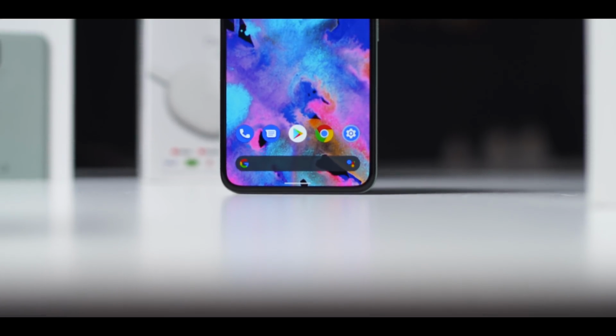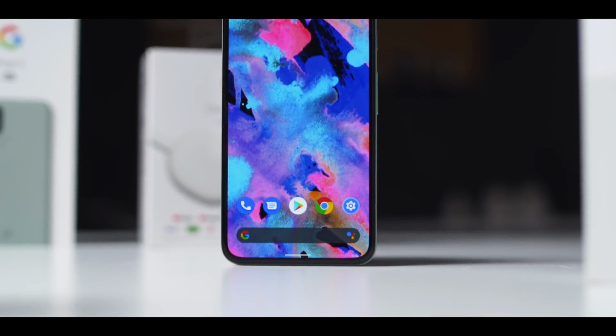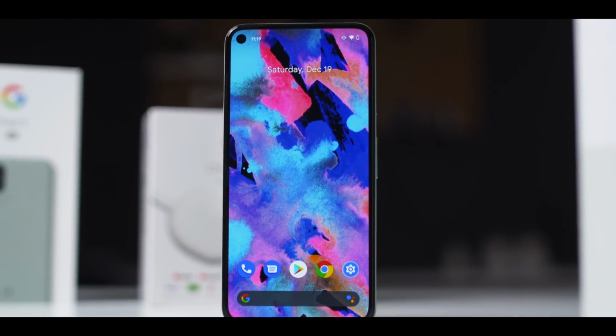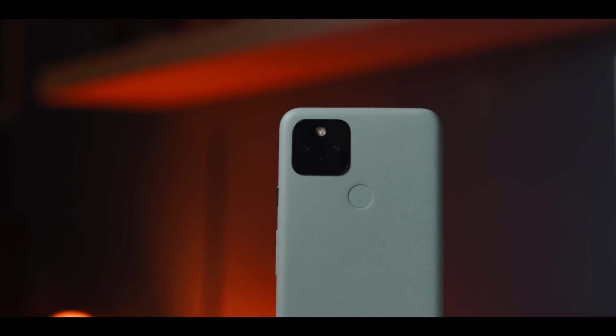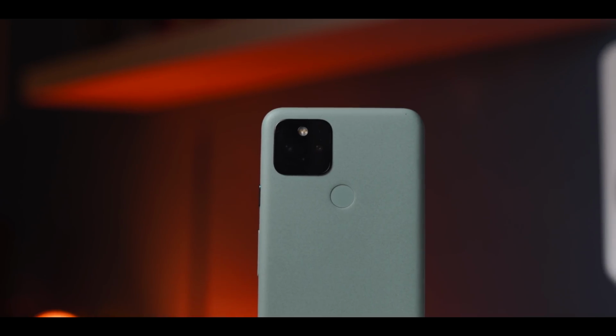For the remainder of the video, I feel the need to focus on the camera, since this is Pixel's best feature and what they focus on the most. The Pixel is still the best portrait camera on mobile. The Pixel 5 isn't leaps and bounds better than the 4 on the camera side of things, but for video,